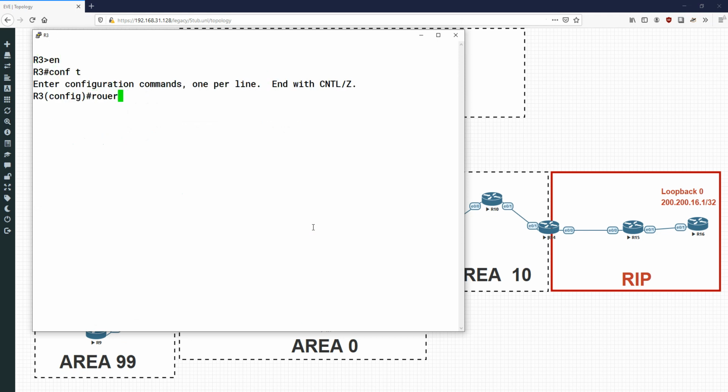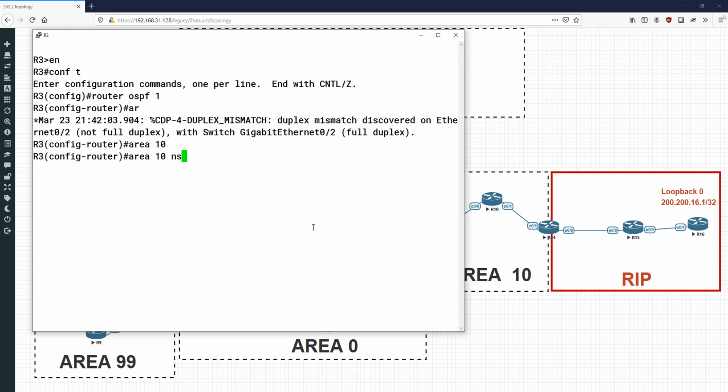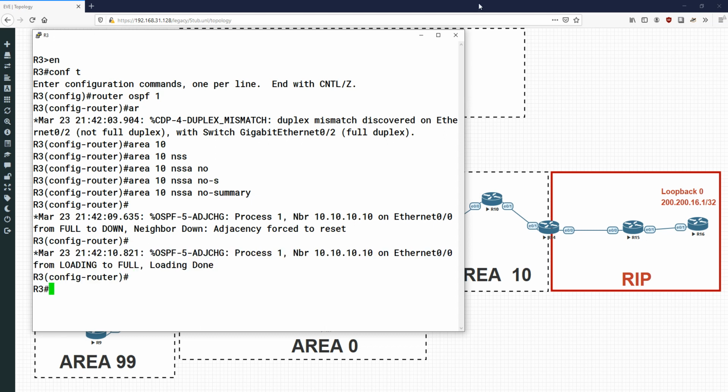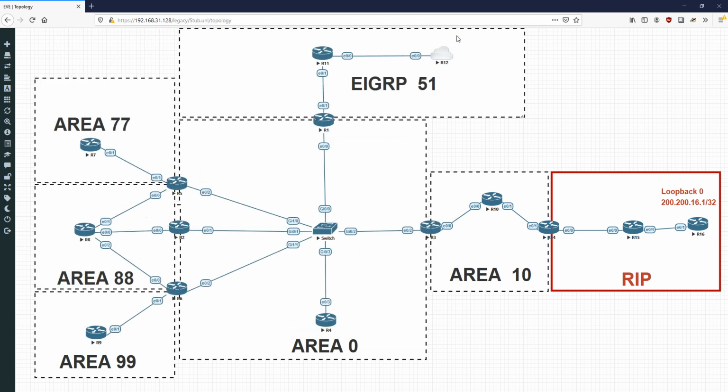And we do router OSPF 1, and we do area 10 not so stubby area and then do the no summary command, because we don't want any summary LSAs, which are the type 3 LSAs. This is now being configured as a totally not so stubby area. So the effect would mean that we've cut out these external routes, we've also cut out the inter-area OSPF routes,